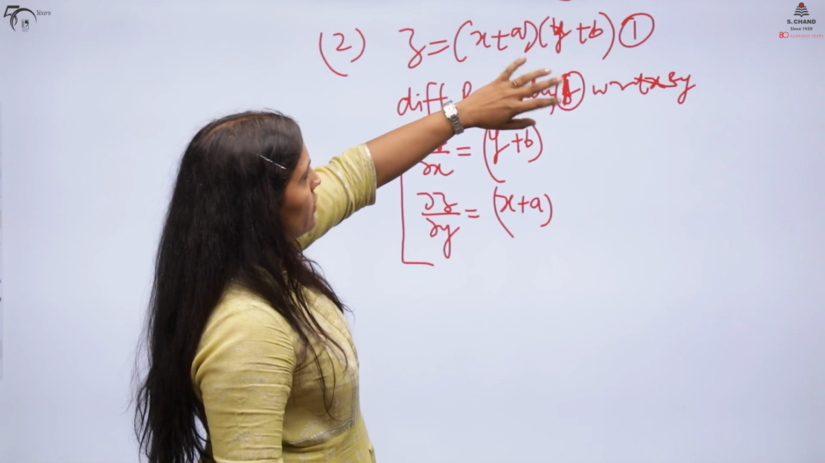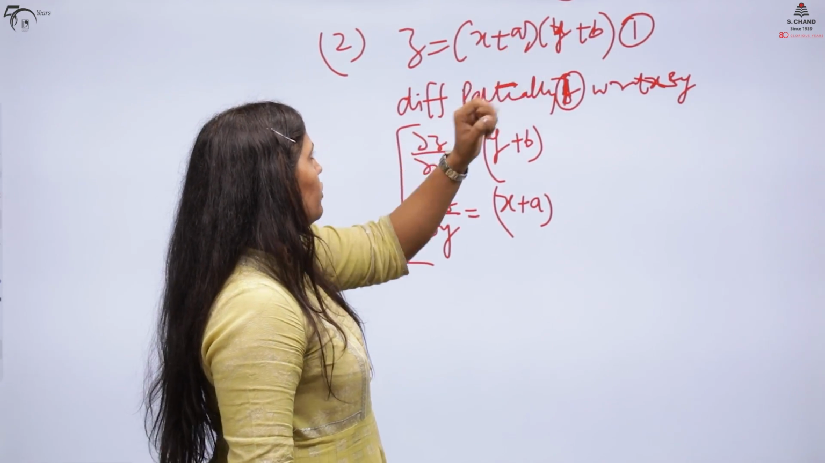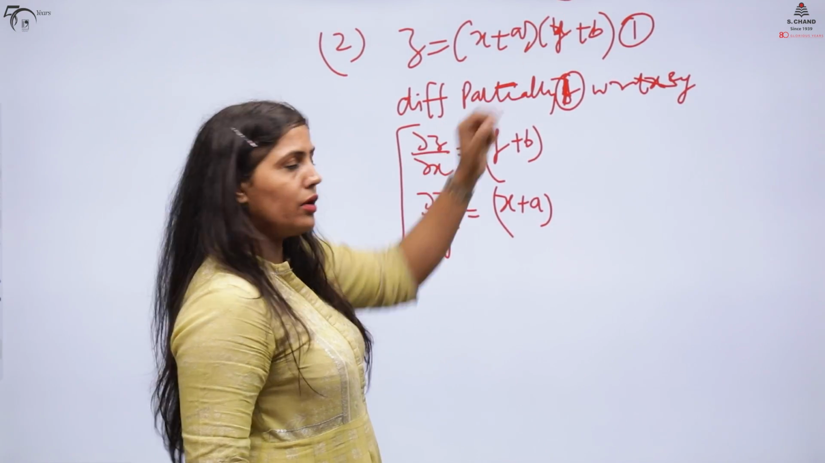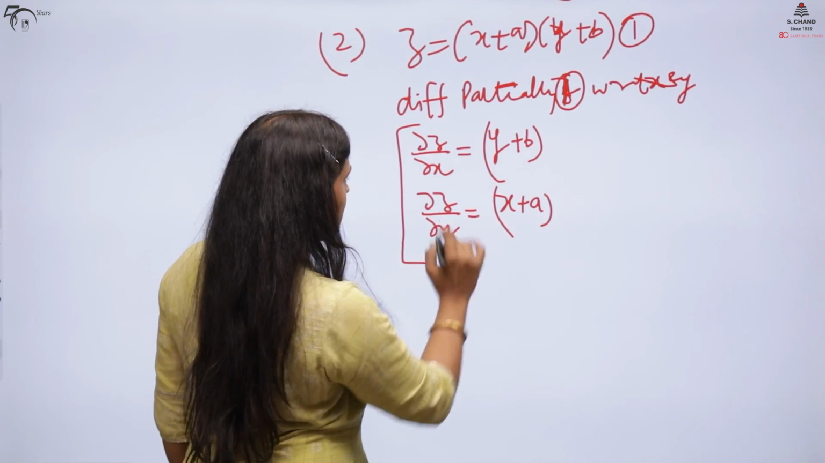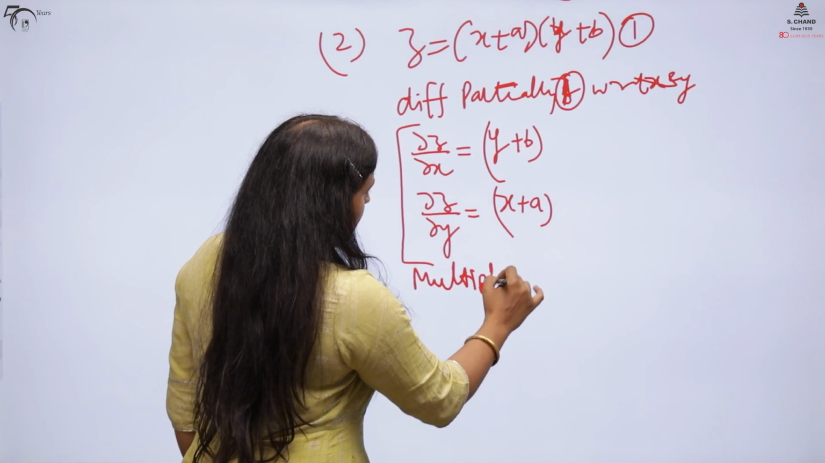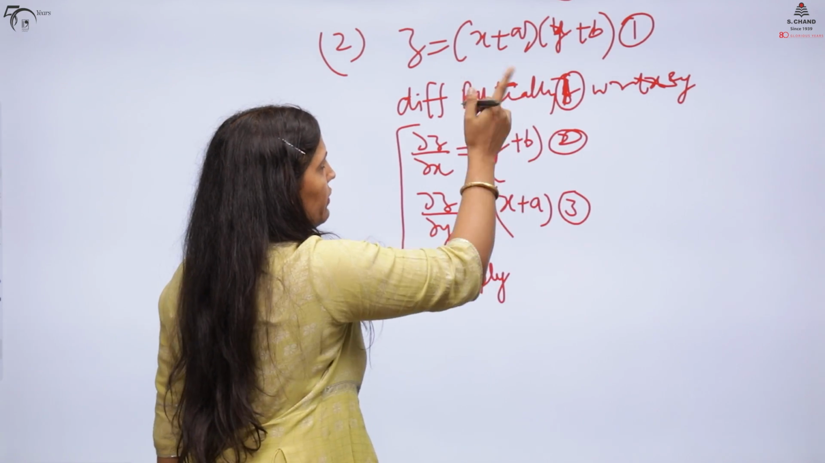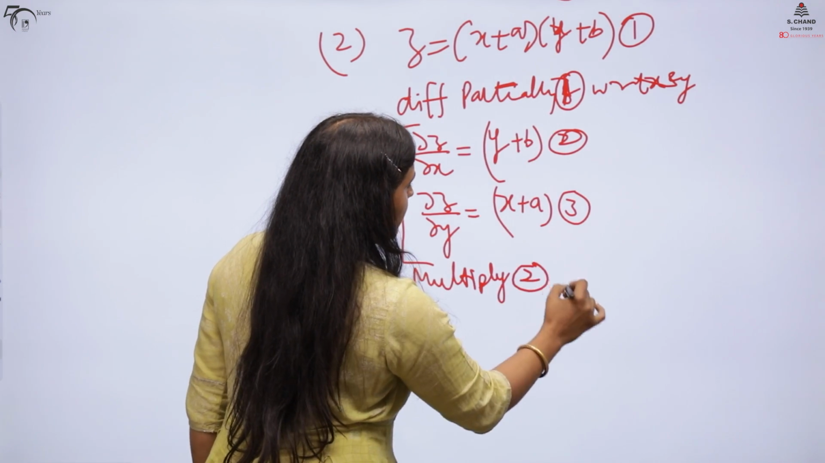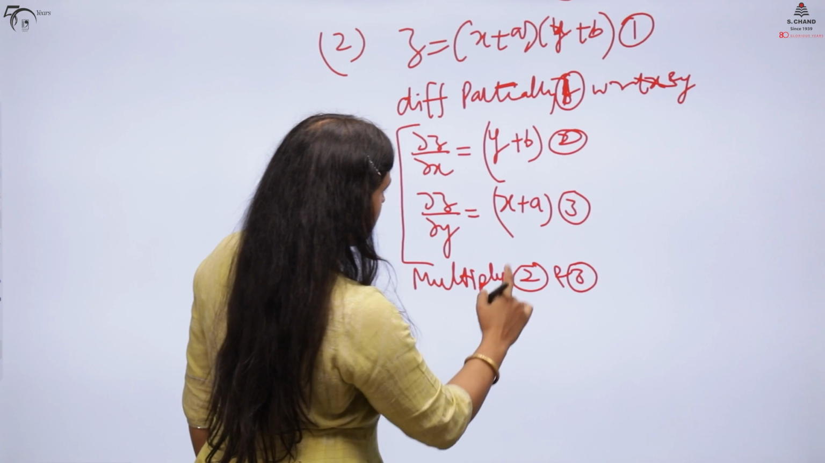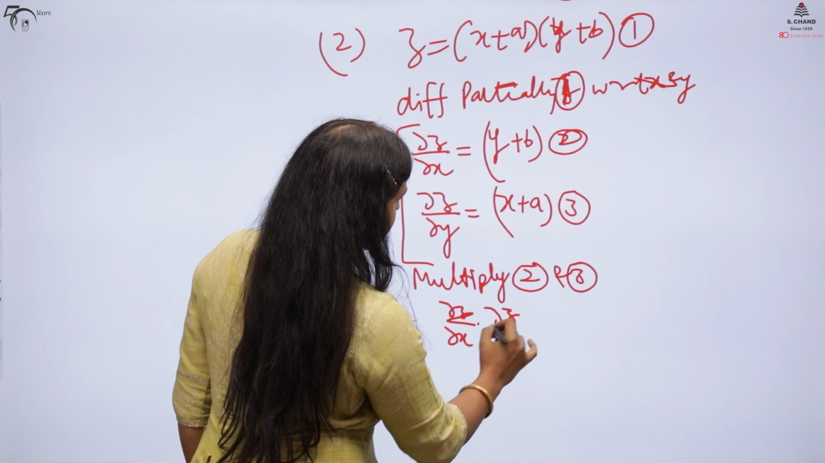So, clearly observe, or just have a look at the given equation. You see, if you multiply, this time I am multiplying equations 2 and 3, because my given equation gives me the idea that I should multiply. So, when I am multiplying, this equation becomes